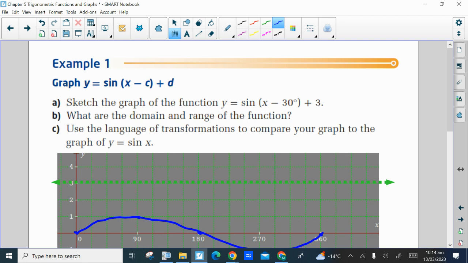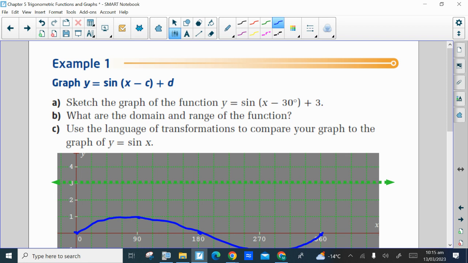So instead of h, it's c. Instead of k, it's d. But it doesn't matter what letter is used to represent the parameter, it's where it occurs that tells you what happens, right? We've always said before that the h is hooked together with the x, with a plus or a minus, and it's in brackets. Well, now it's a c instead of an h. But it's the same position, it's the same result,